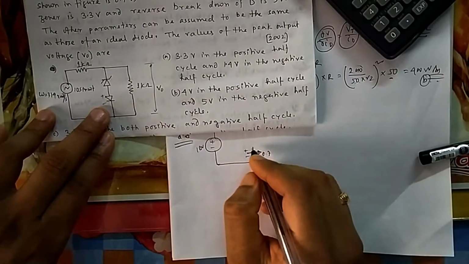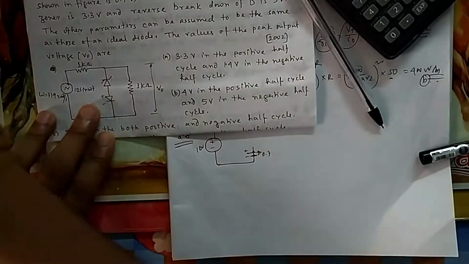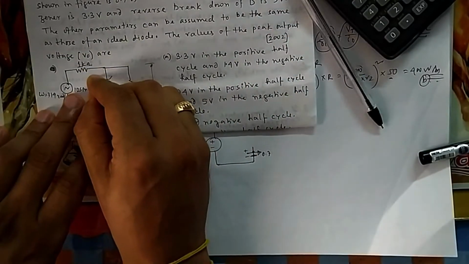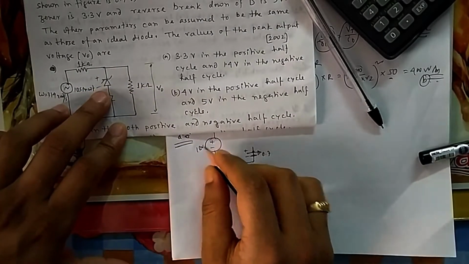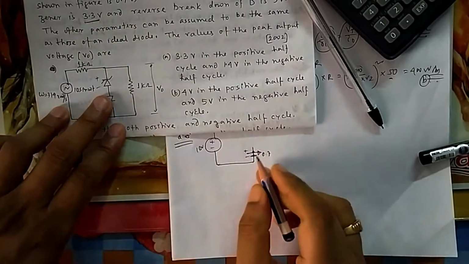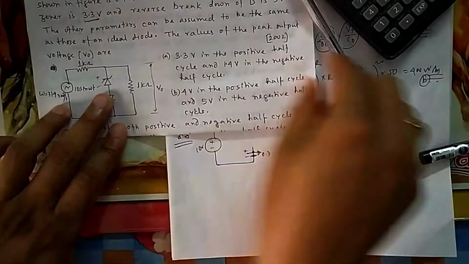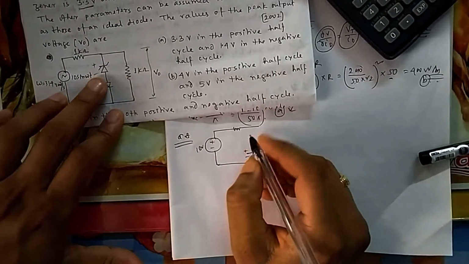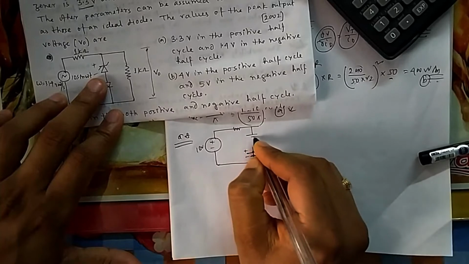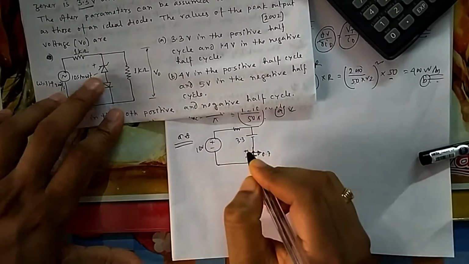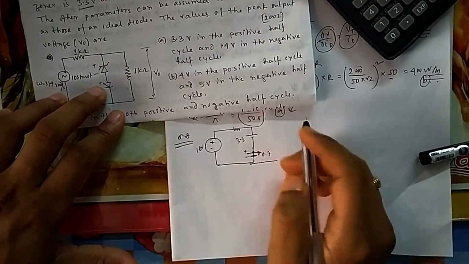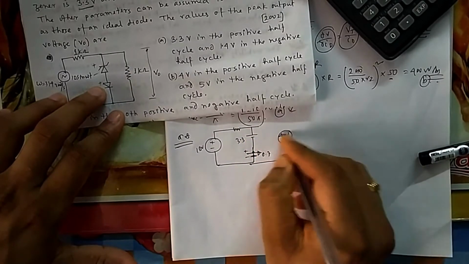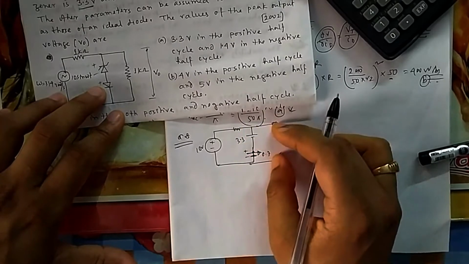This is plus minus. Now if you see Zener, so Zener is also in reverse breakdown, so voltage will be of this fashion. And when this reverse breakdown, because it is 10 volt and reverse breakdown is at 3.3, so it will already cross that 3.3 and the breakdown will occur. So this will also give a voltage of 3.3 volt and it will be fixed, and this is also fixed, this is forward bias. So your output, you will see your output is fixed at 4 volt. You see this output, this is at 4 volt fixed.